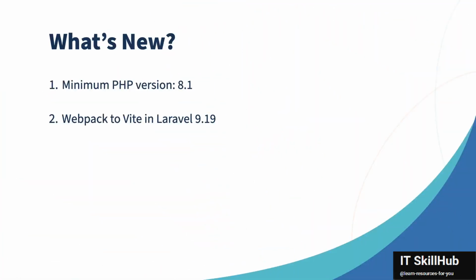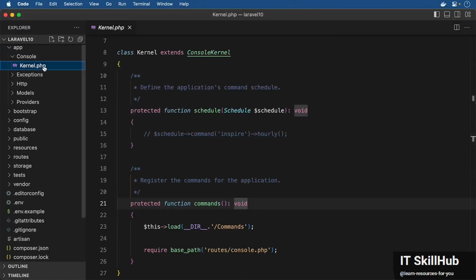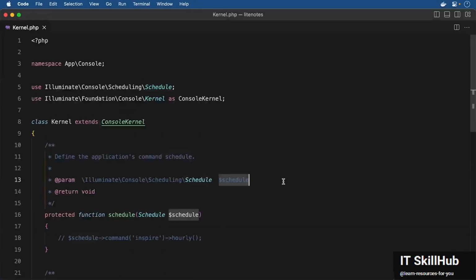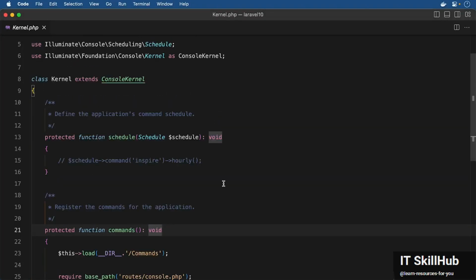Next new feature in Laravel 10 is native type declarations. Let me go to app console kernel.php. You will now notice the specification for the return type for every single function throughout the app. This makes your code more readable and less prone to errors. For example, here's the same kernel class of an older version. Notice that in the older version, the doc block suggested the return type and the type of the parameters. But in the new version, that's not required because the function signature itself suggests the types. This is a big change, but it's backward compatible with existing applications, so you don't have to worry about it.